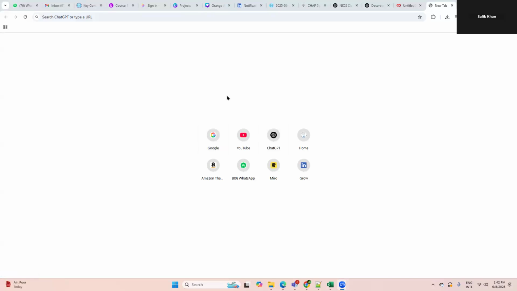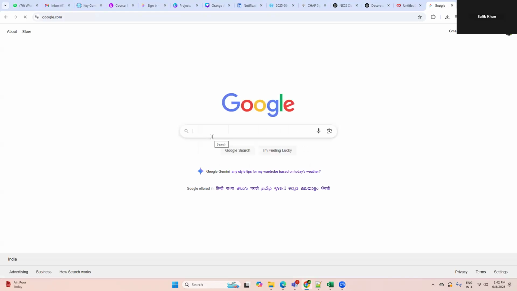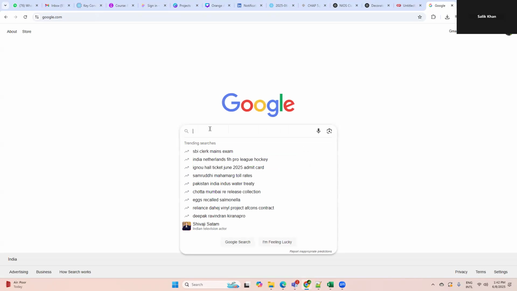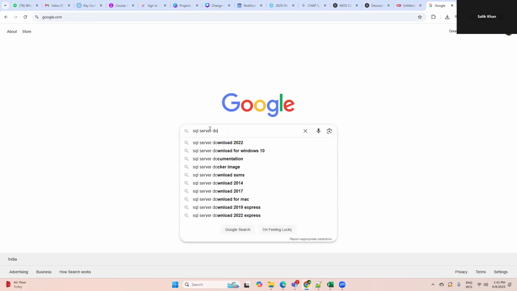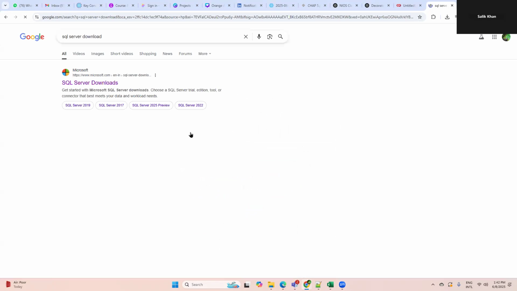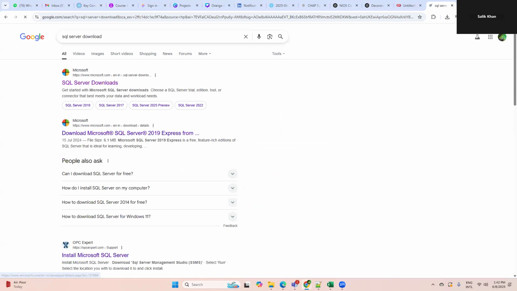Okay, hi all. So today we will explain how to download Microsoft SQL Server, which is also known as SSMS. You have to open the Google search bar and type here SQL Server download. It's a very simple step. Then you will see this page. So click on this first page,